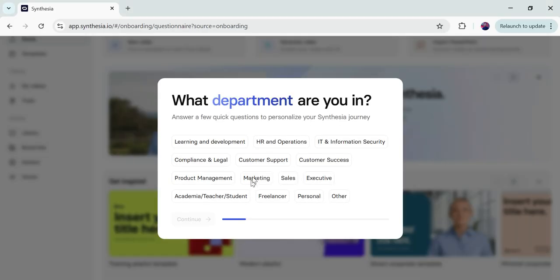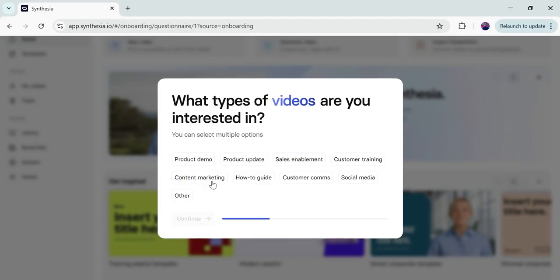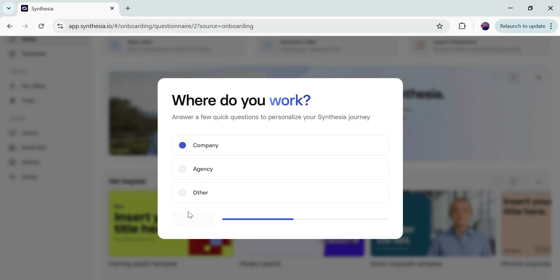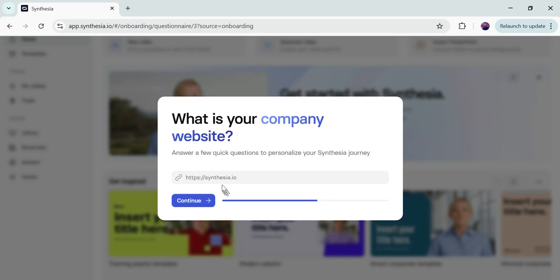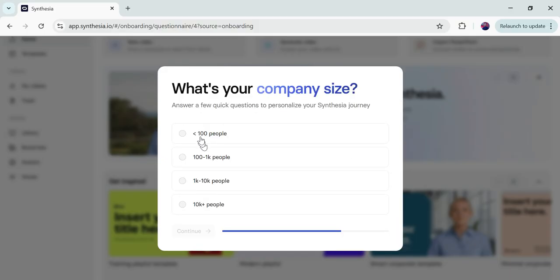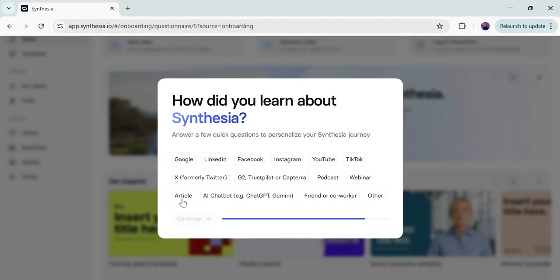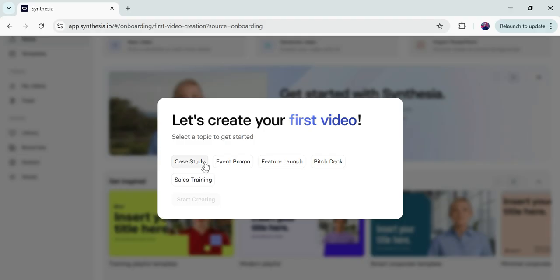So at the start, we have to just answer these questions first. Okay, I'm just selecting randomly. After selecting each option, just click on the continue button and it will be good to go. We are testing, so that's why I will write random things here. Right after that, you can just keep on selecting the options and then click on the skip button so that your account will finalize fine.